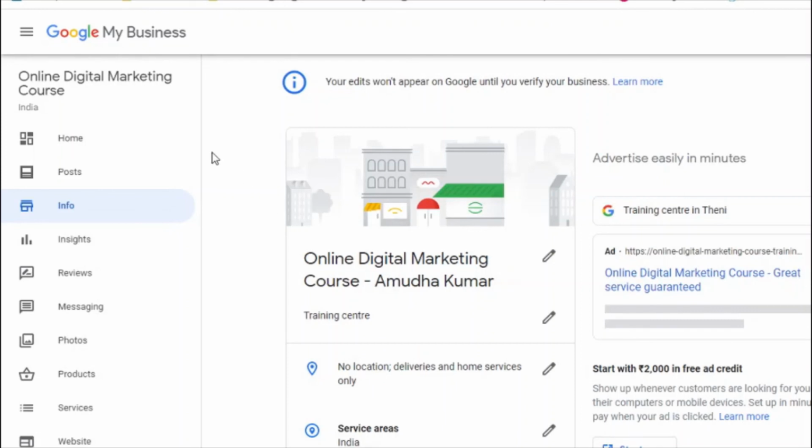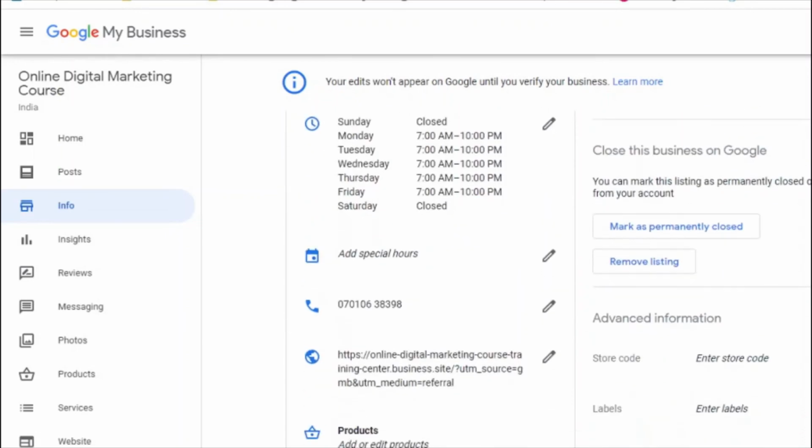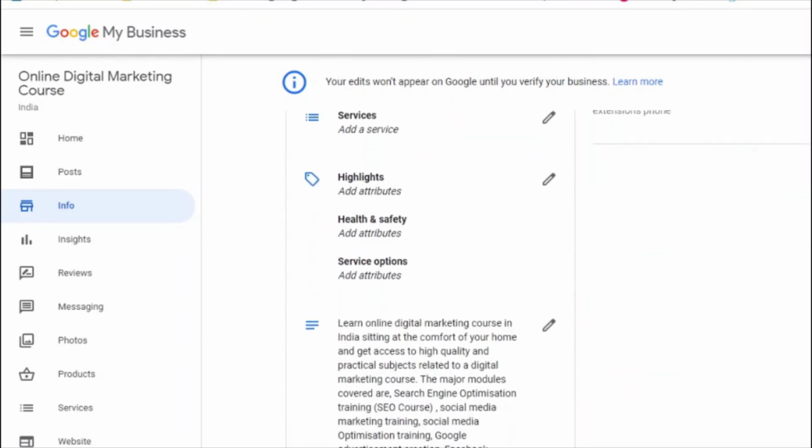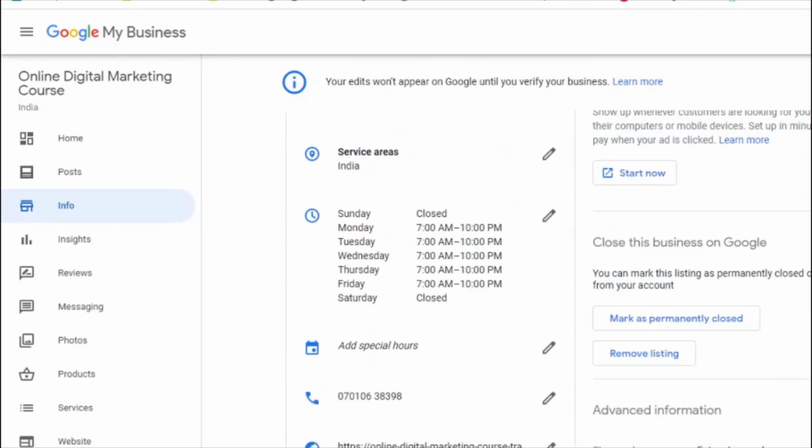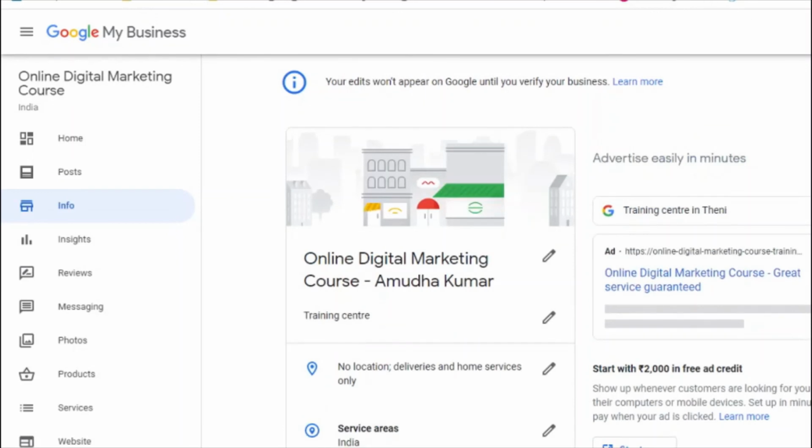Okay, this location. So what happened? Verify now. Once I receive my OTP code, I can verify. Okay, so there are business info options available. I've just given you a summary about how to start creating a Google My Business listing and create a local business listing of your own.